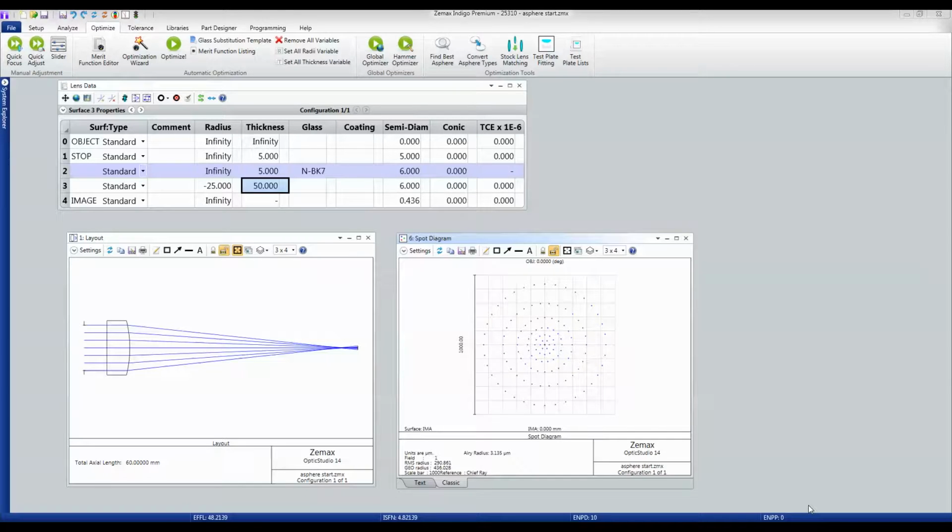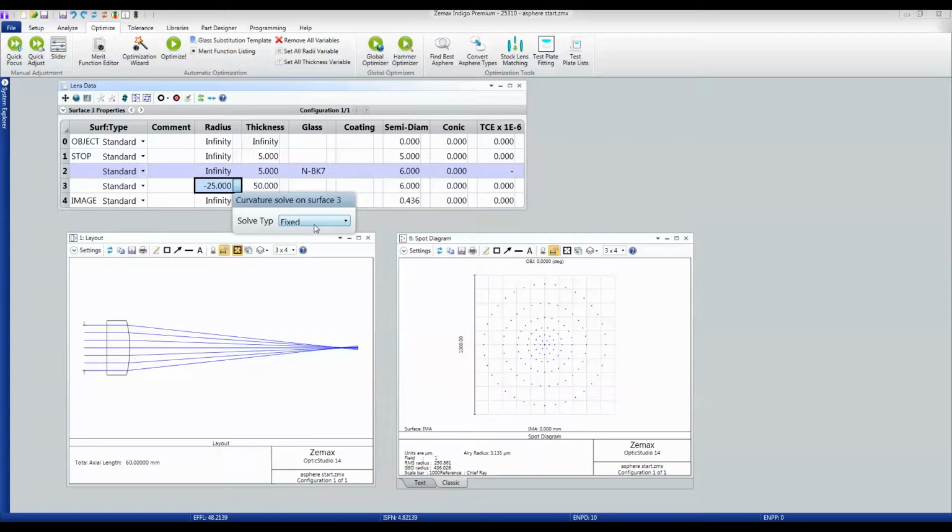Optimization is the process by which OpticStudio helps you to achieve the goals that you want. In this example, I'm designing an f5 singlet lens. I have a plano singlet with just first guesses at the radius and thicknesses. Now, if I want, rather than just typing in numbers, and this is very good practice, rather than doing that,